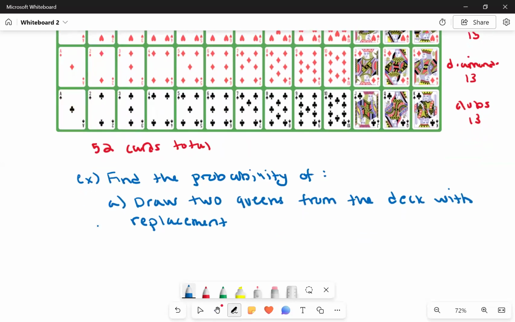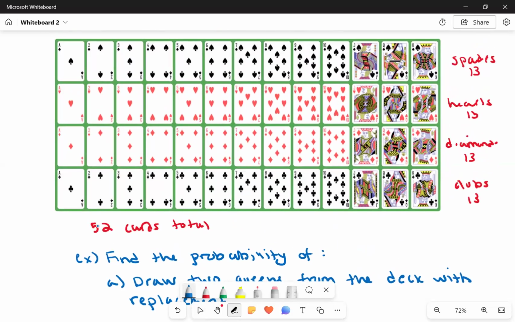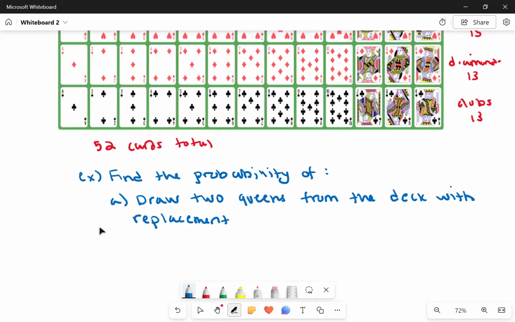So first of all, how many queens are in the deck of cards? Well, there would be 4, 1 for each suit. So we have 4 queens total out of 52. Then we put the card back in and we still have 4 queens to draw from out of 52. All right, now I'm going to multiply this on my calculator. So that gives me 16 out of